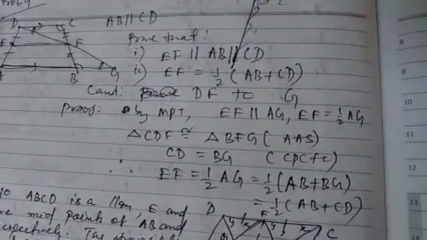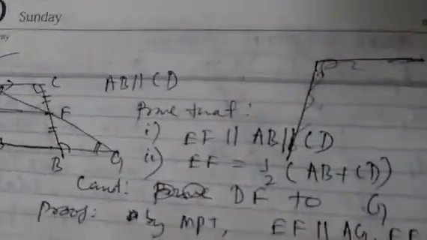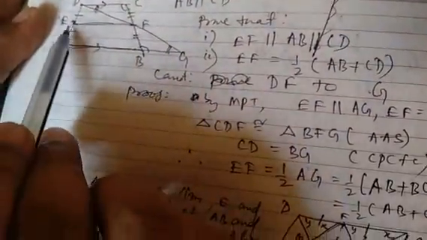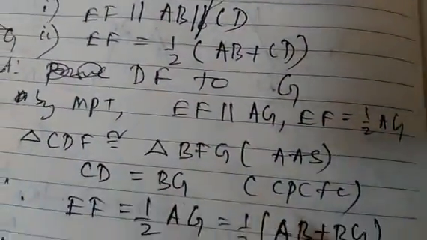So we have two more problems just to go through. I worked them out here. You can go through and try to understand. First is given here that AB is parallel to CD. It's shown in the figure. E and F are the midpoints of sides AD and BC. You have to prove EF is parallel to AB, and also you have to prove the measurement of EF is half of the sum of CD and AB. The problem is worked out here. You go through. If any doubts, you can subscribe to my channel and give comments so that I will work out and explain to you.